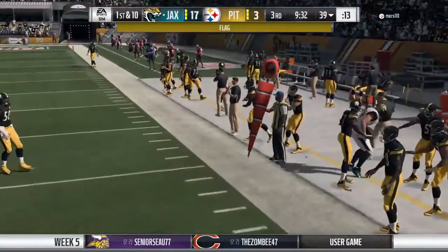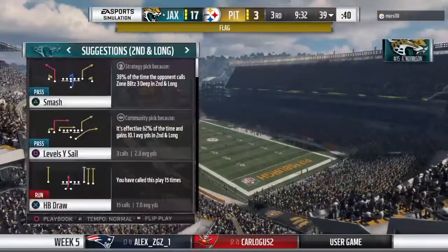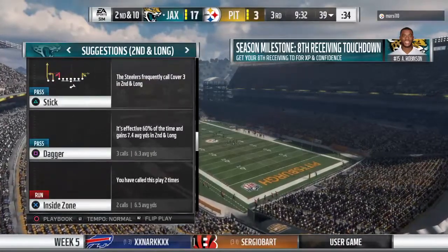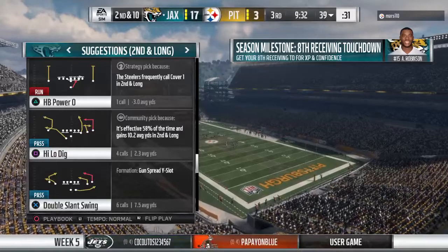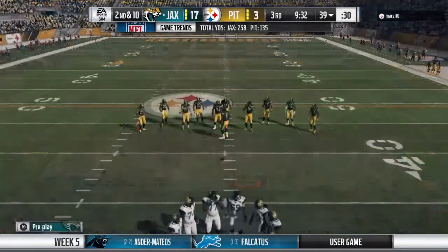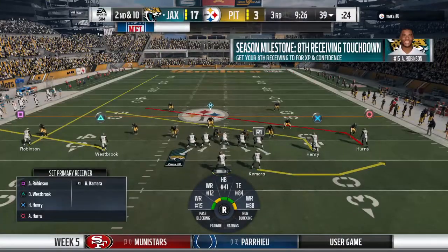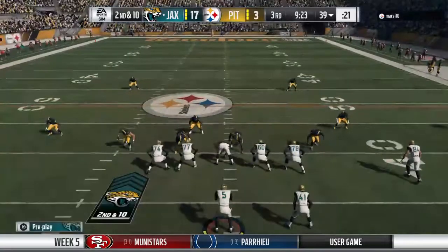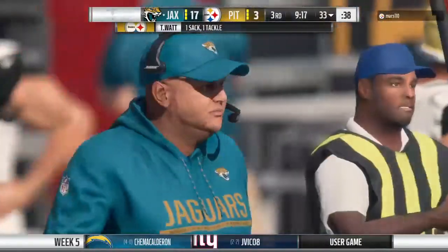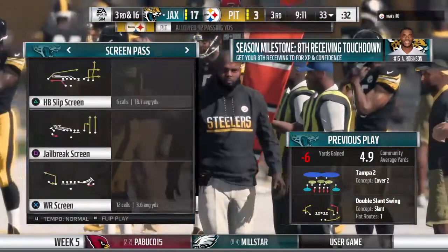And right side, Henry's got it. And he's able to get this one out closer to midfield across the 45. So this will be accepted as it moves the offense backwards. On second down, here's Bortles. And the Steeler pressure is too much here. He's going to go down. T.J. Watt in there to drop him,